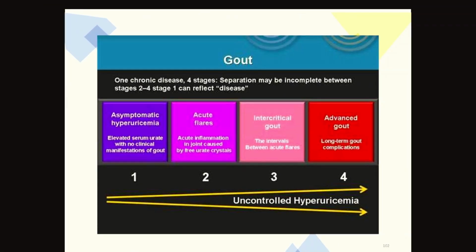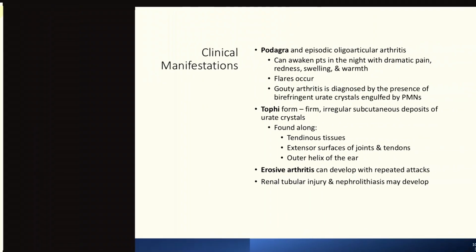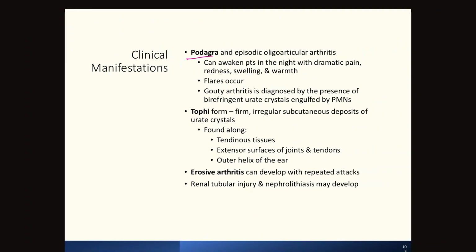This just kind of shows the different stages of gout. You don't need to know. Just know that obviously if 1 to 4, 4 is mainly the more severe forms of gout. 1 is asymptomatic hyperuricemia, where you have high uric acid, but you don't have any signs or symptoms of gout itself. And then the acute flare-up occurs in stage 2. You don't need to know the rest of the scales. So podagra, again,